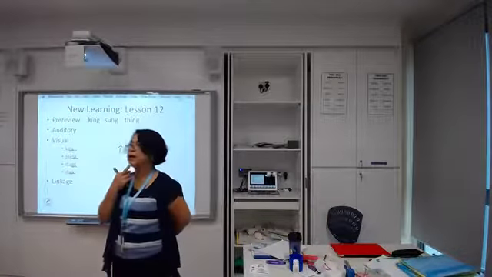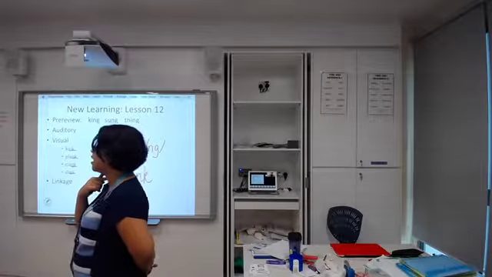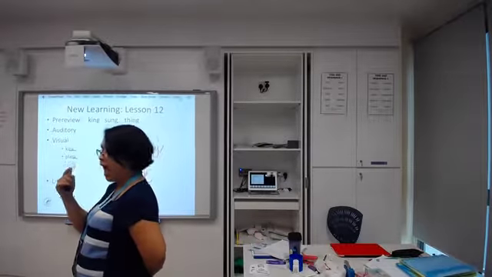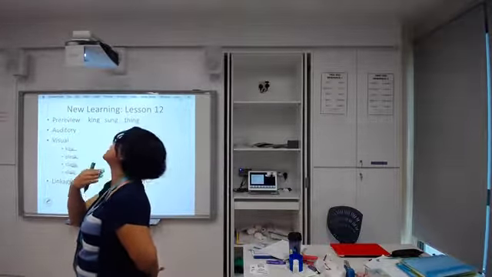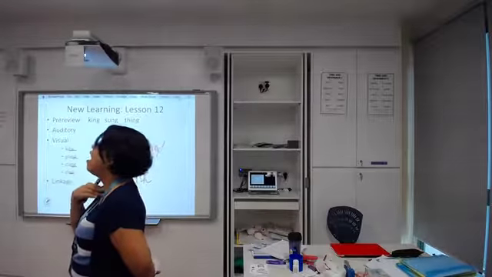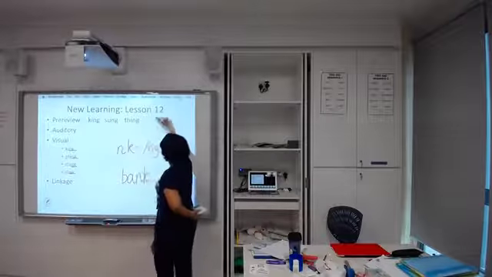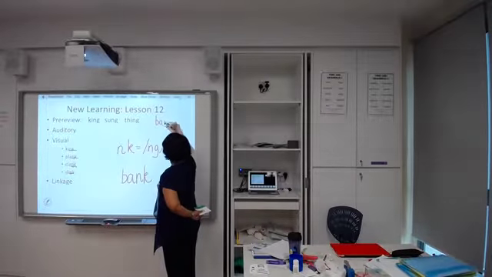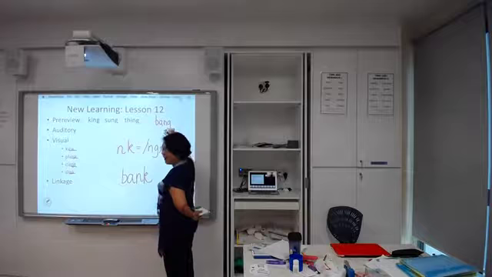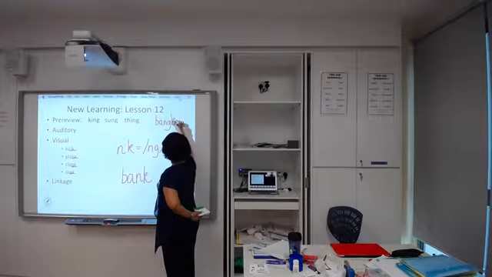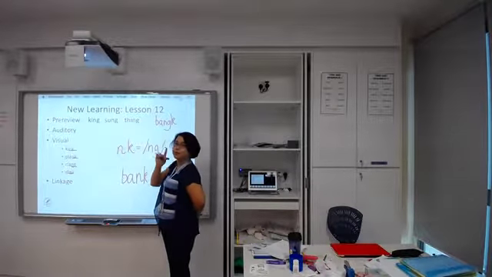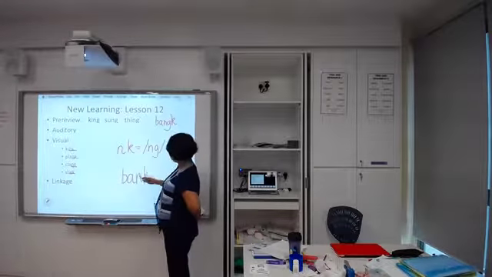So bank, you don't say ban. You say it at the back. You don't put it here in front. If I write the pronunciation, it will look like bang. The pronunciation. But the spelling of